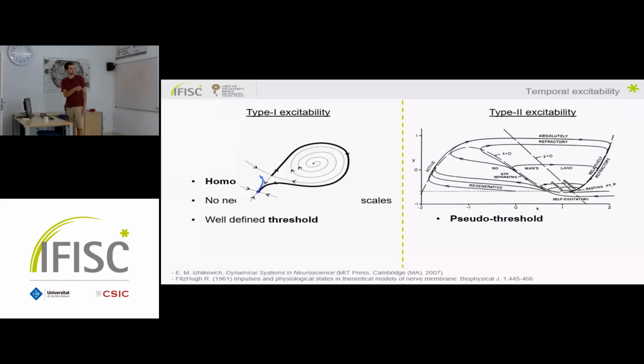Here I have this plot where we are in the excitable regime in the FitzHugh-Nagumo system, and we can see that if we make a small perturbation of the system, it makes these small trajectories, or it gets damped. But if we have to cross what they call here a no man's land, a region, this pseudo-threshold, no.